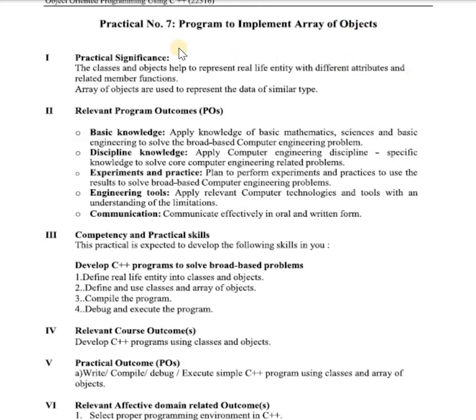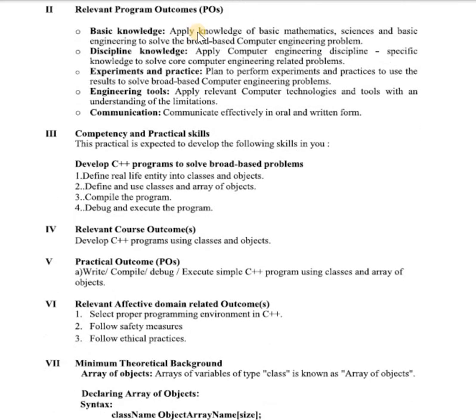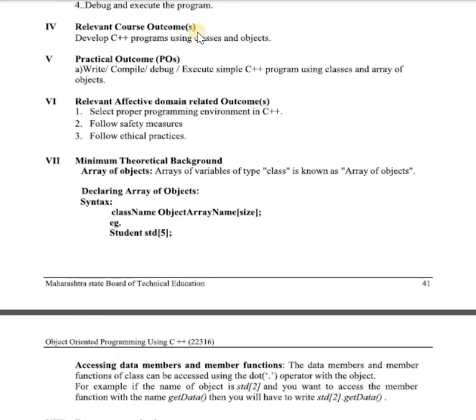This practical is also on object oriented programming unit 2, that is classes and object. Now, first we will see the theoretical background behind this practical. We know the basic terminologies of classes and object. Class is a user defined data type which consists of data members and member functions. Okay, and object is an instance of a particular class.